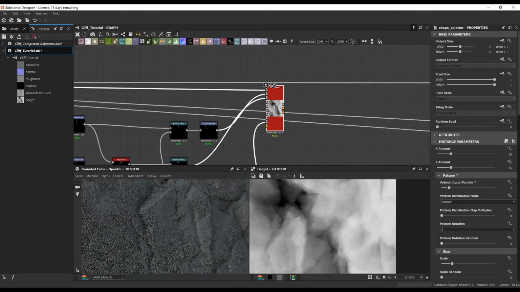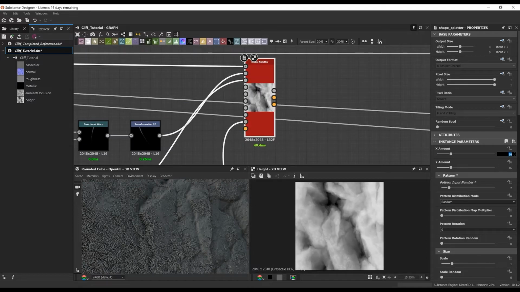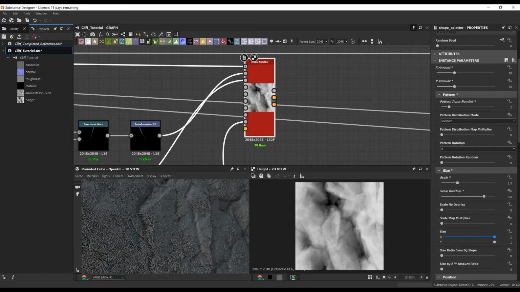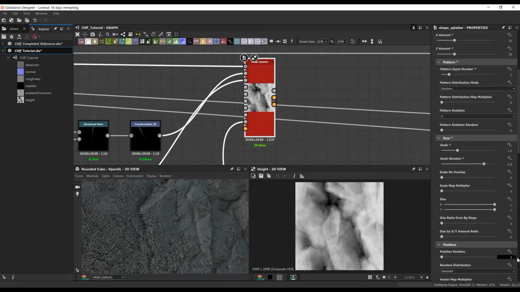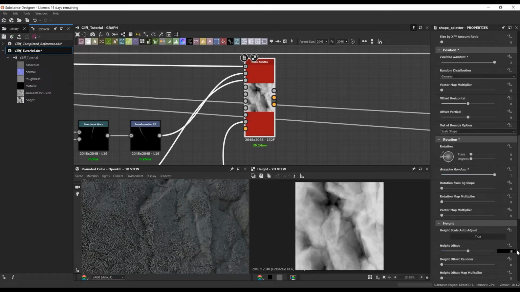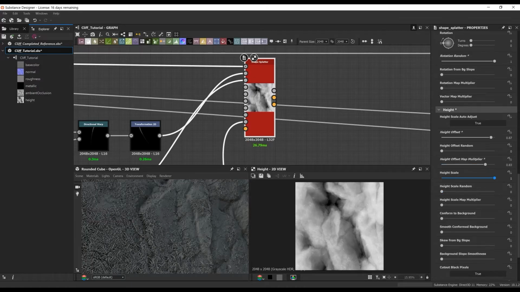Now, instead of using a tile sampler like we have been in the past, I'm actually going to use a shape splatter. What the shape splatter does is that it gives us the ability, this node is really good to overlay things, so it kind of conforms to the height that's already there. So instead of laying it out flat and just having the white peaks just being flat, it's almost conforming to the shapes, so it's going to lay nice and evenly across the surface.